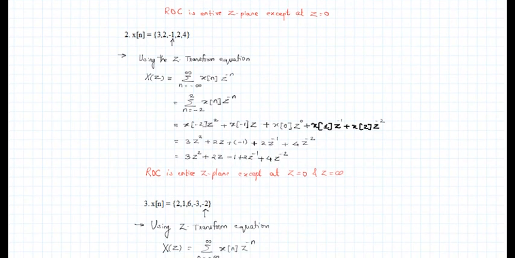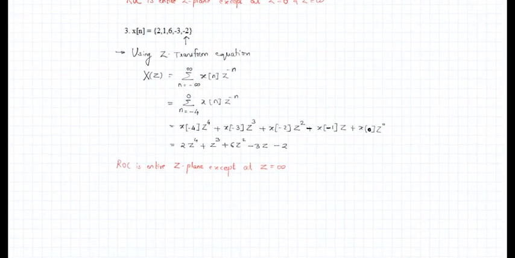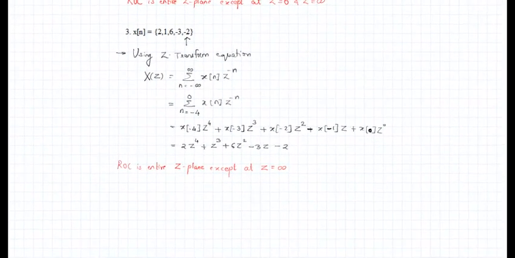In the third case, we observe that the given sequence is entirely left-handed. All the samples are on the left-hand side. Such a sequence has a Z transform with all positive powers of Z. So all positive powers of Z help us to analyze that the given sequence, if I go back from the Z transform to my sequence, observing the Z transform, if I observe that my Z transform has only positive powers of Z, then the sequence is entirely a left-handed sequence.